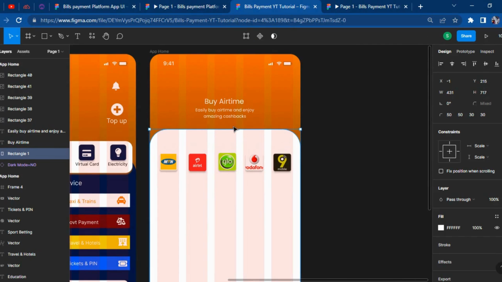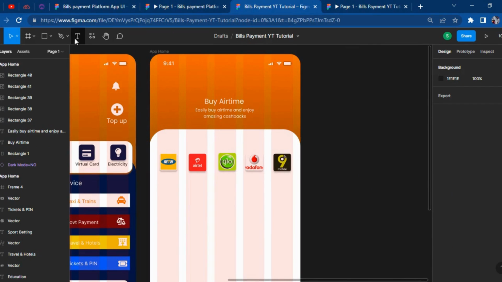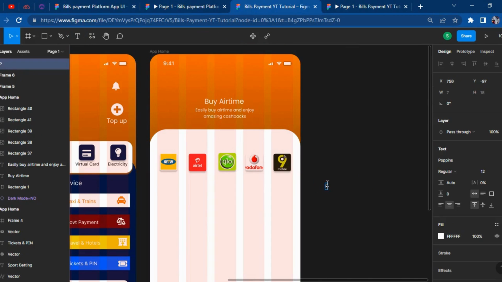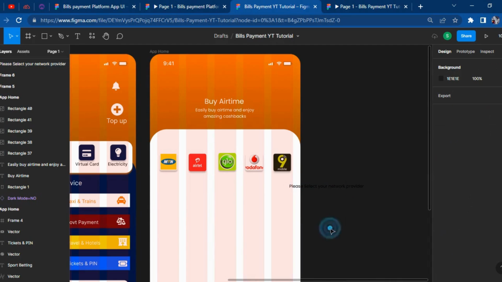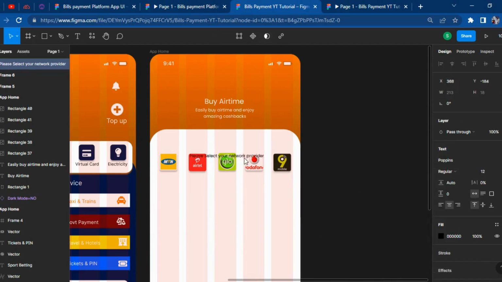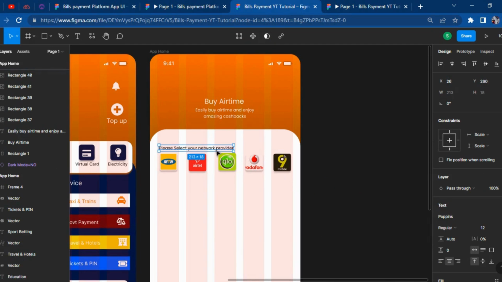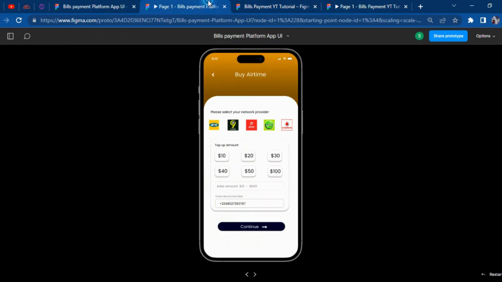So let's add some couple of texts. Please select your network provider. Change it to black. Where is this guy? Good. Now that we have done this, the next thing we have to do is to add another